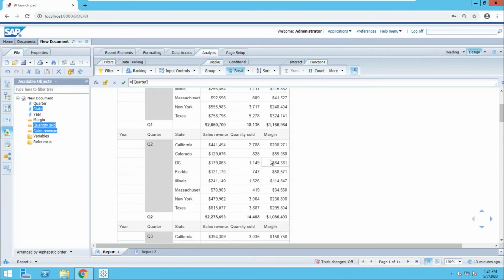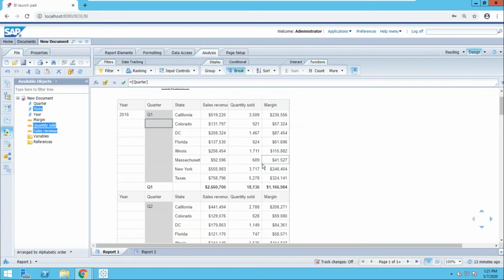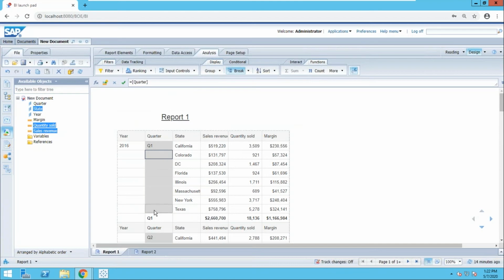Now I want you to notice something. We have an interesting little dilemma here. If you look at this closely, notice how every time I hit a quarter, I get a repeated complete set of titles all the way across for every single column. This is a common one that people are always trying to get rid of. They only want the subtotal. They don't need to have this header block repeat after every quarter. It's because of the year quarter. So what you can do very